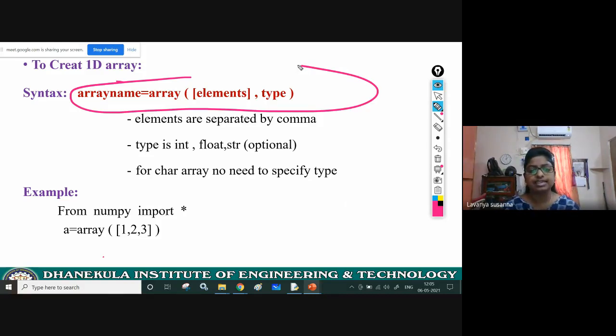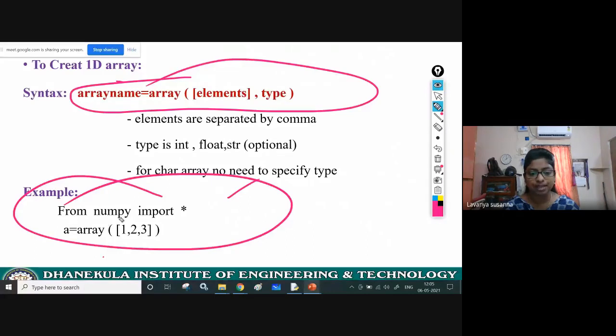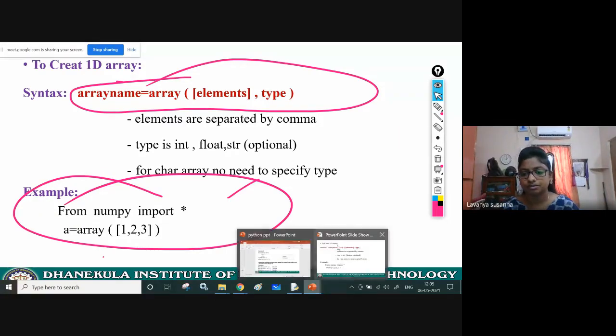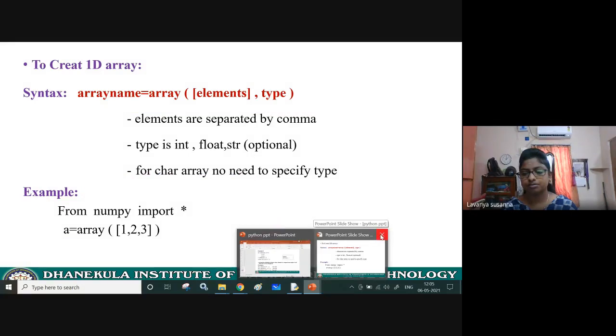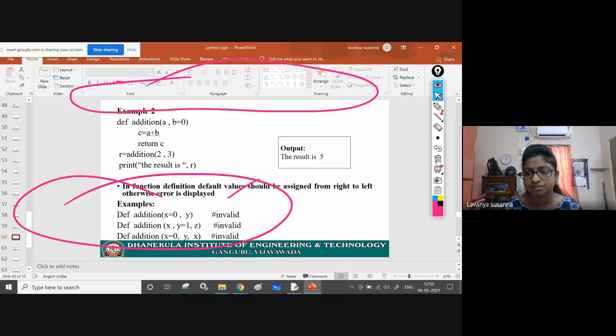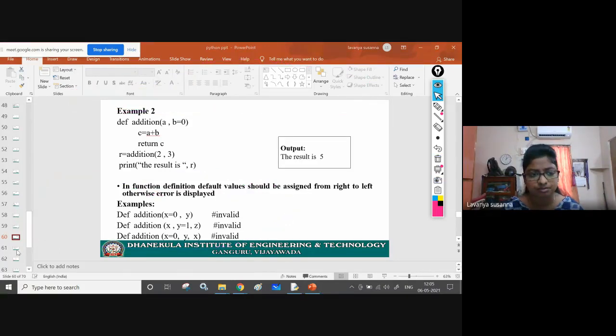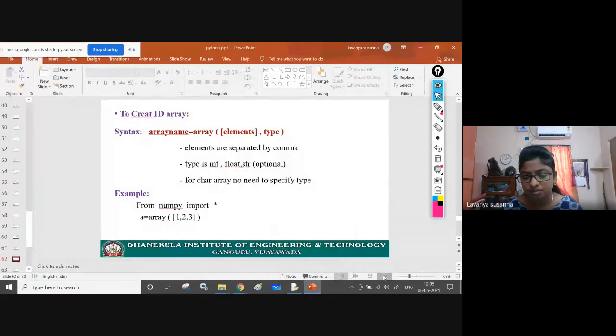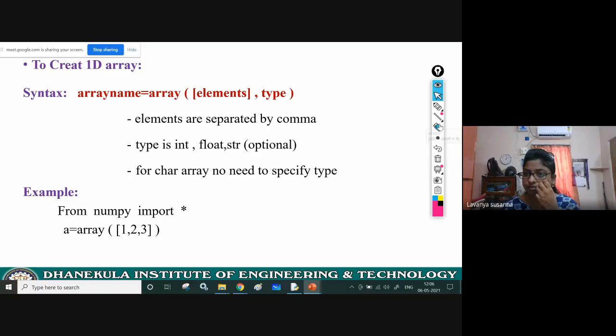Now let us see an example. See how to create it.